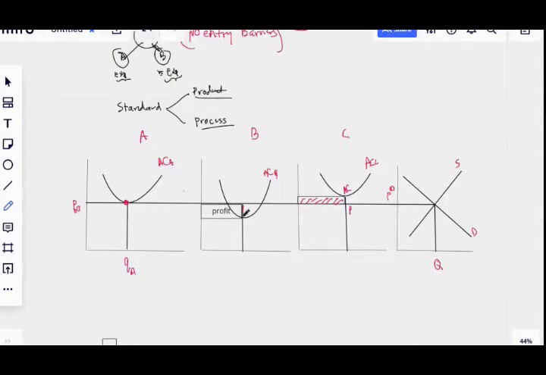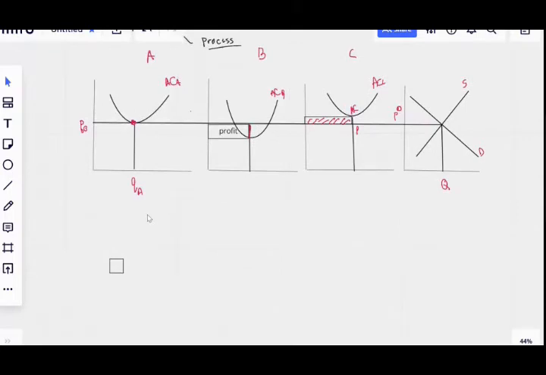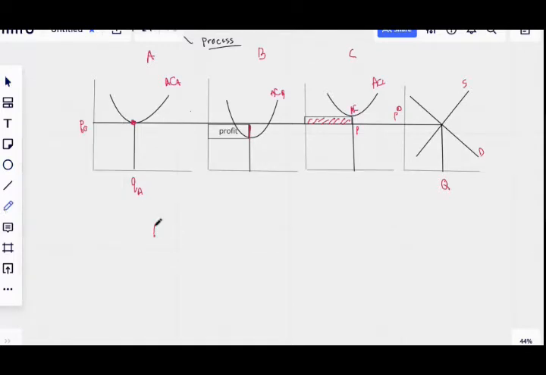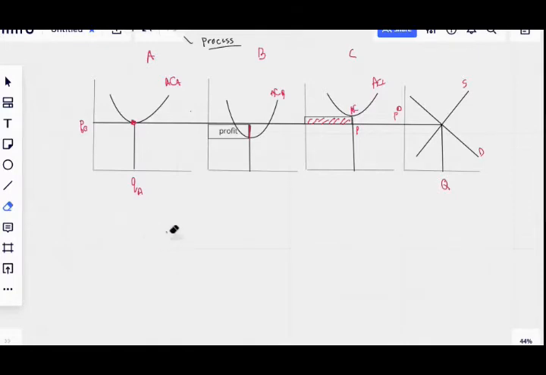So who is the best producer, A, B, or C? B. B is the best producer. So we look into the market, we realize this is the best producer. Think about the logic a little bit more and let's think about the definition of profit. So economists ask, what is profit? We have done it previously, so let us go back a little bit. How do you define profit as a business person?